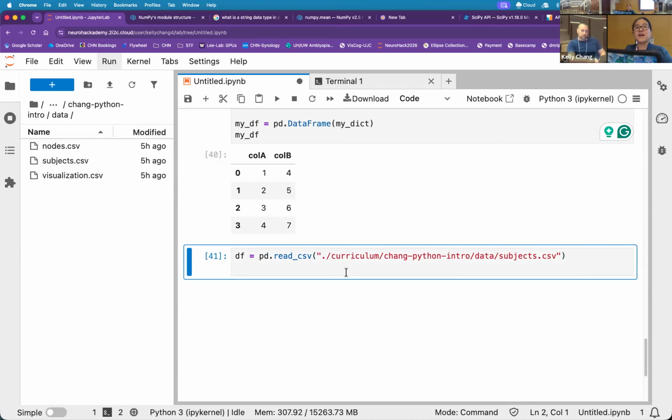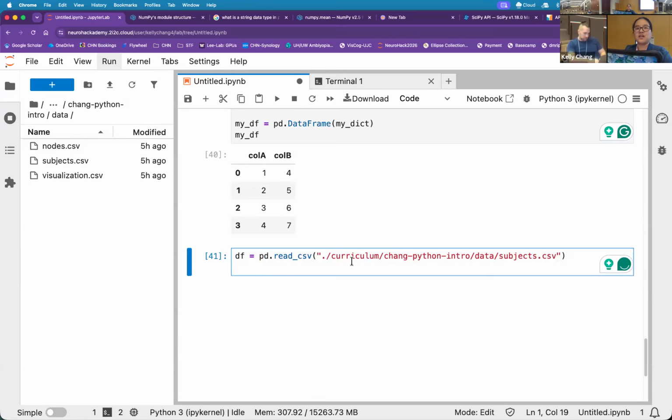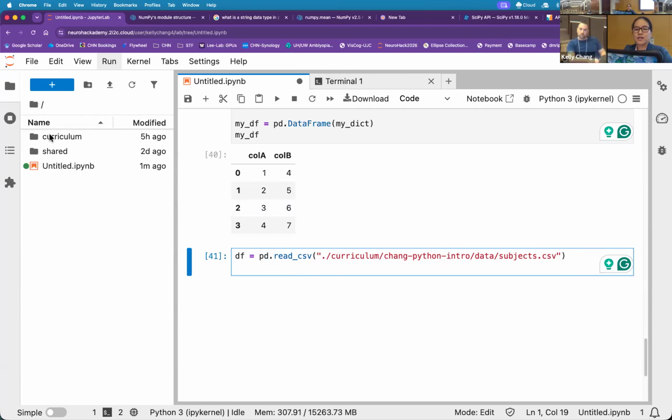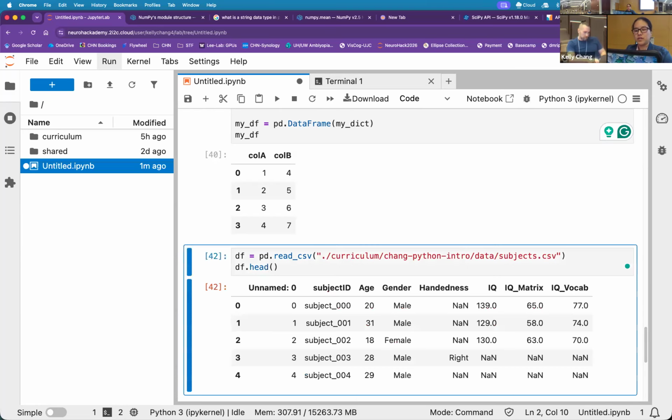If you don't want to type all that out, or you're very prone to typoing like I am, I basically tab completed all of that for you. So you start off with the dot that indicates where you currently are, slash, and then you can type C and then tab. It'll try its best to auto-complete for you, so you don't have to type all this out. I'll navigate back to where I originally was, just so you guys know where I am. And I'll give you guys a moment if you wanted to type that.